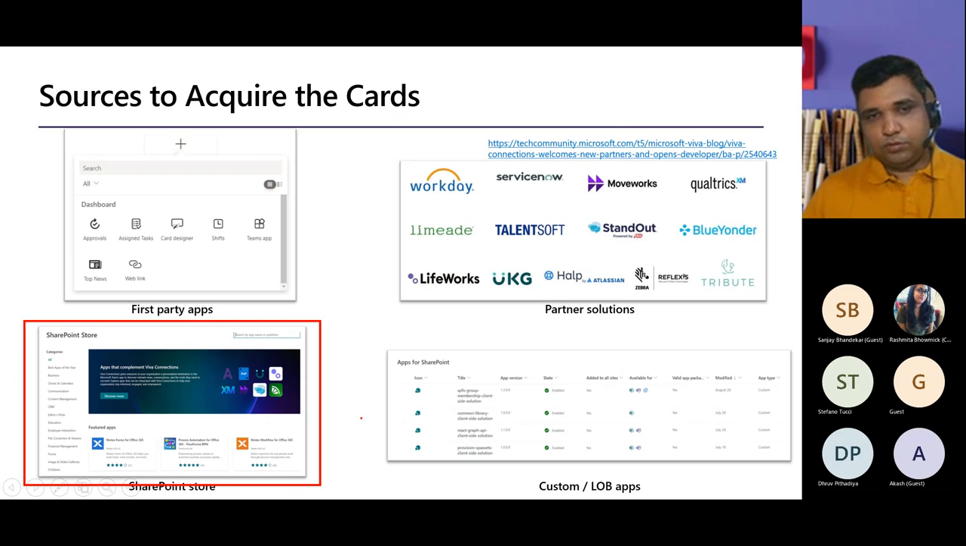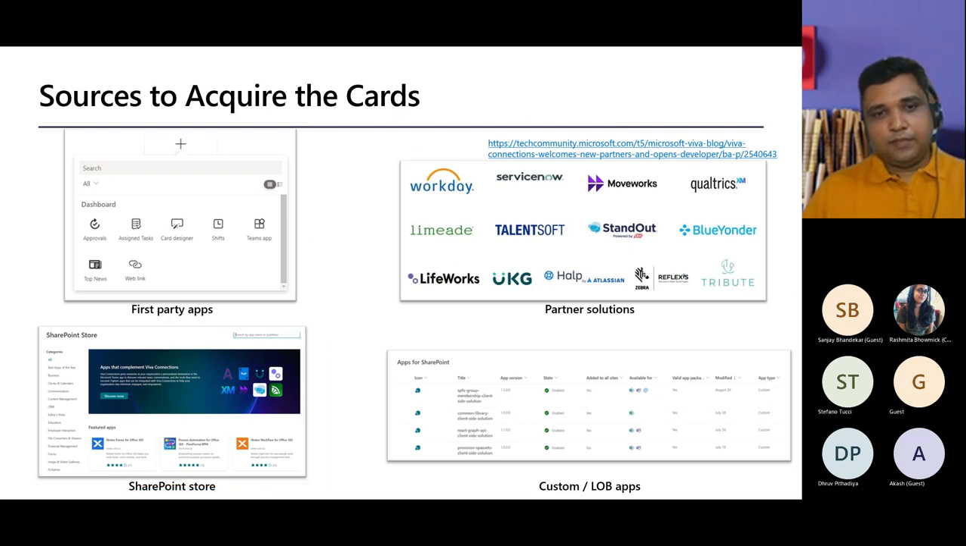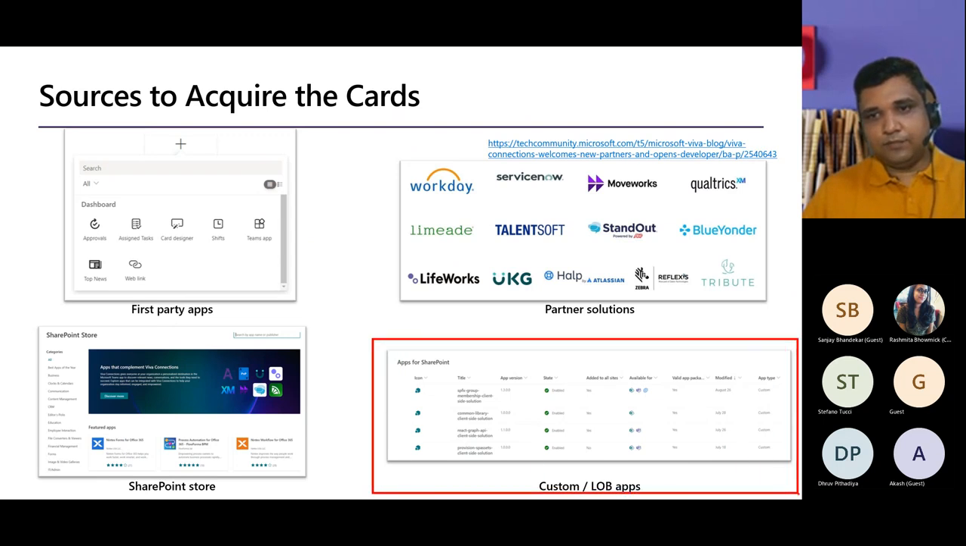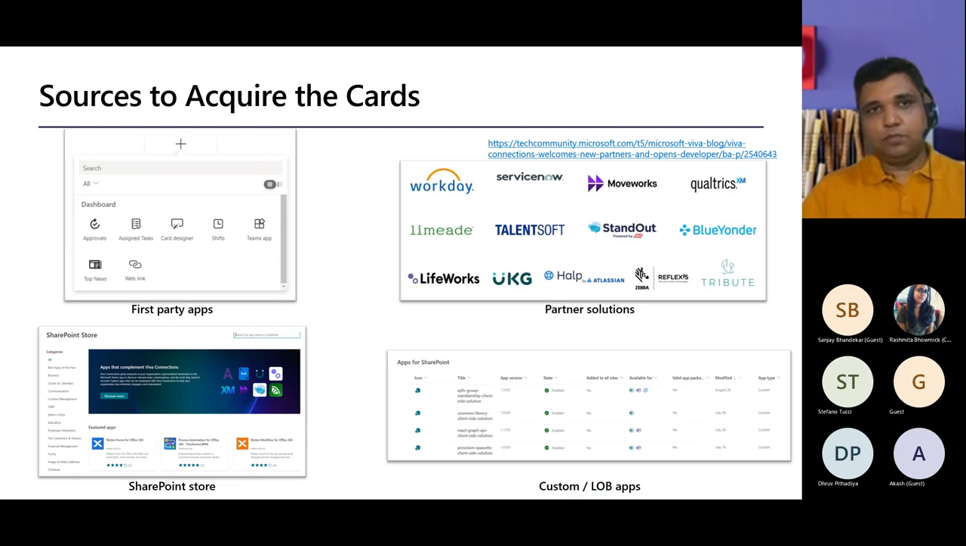So even from SharePoint Store, you can go ahead and download the apps which are available from the partners, and then you will be able to use that. The last way through which we'll be able to create those cards is with SPFx. So you can create those custom or LOB kind of apps using something called the SharePoint Framework. So these are the four places from where you will be able to have the card defined